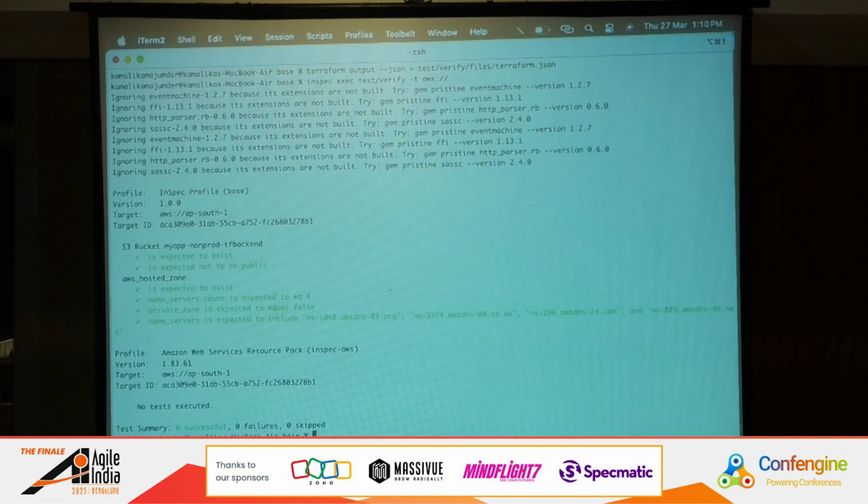yeah, I don't know how much of it is visible. Is it visible? Okay. So you can see, right, here everything is ticked. Now if it fails at some point, it will give a red cross and it will say no,